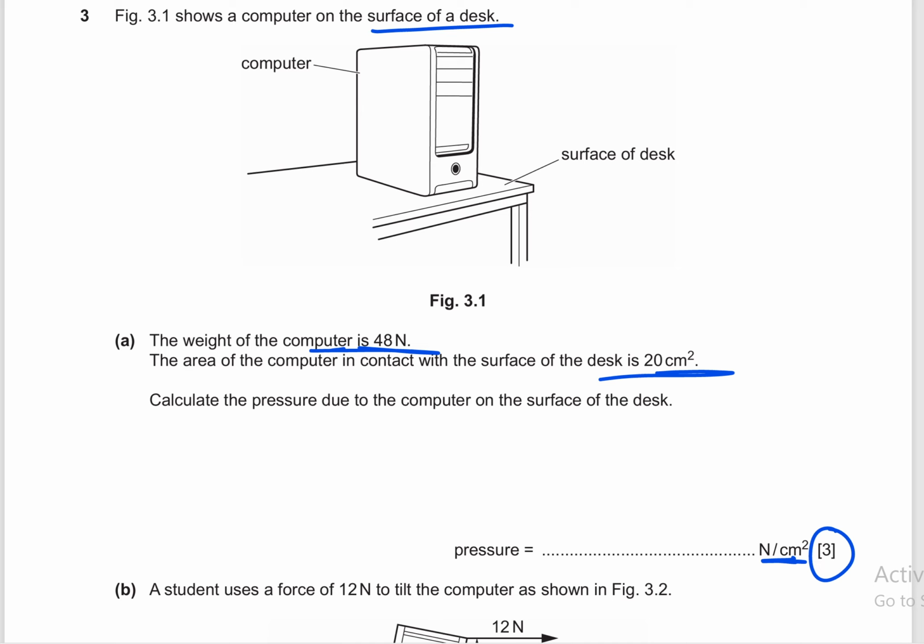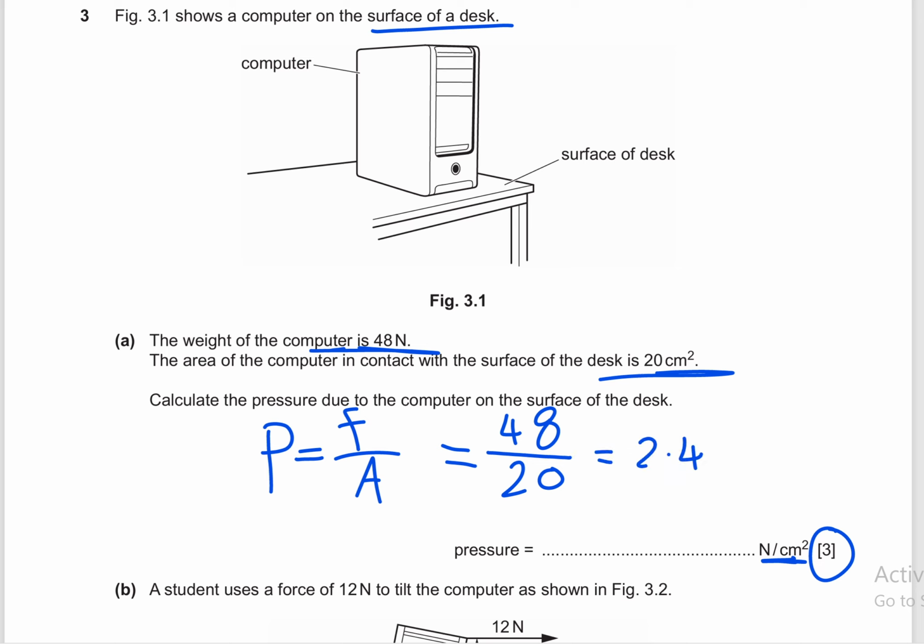Okay, so I write, we already know that pressure equals force over area. What is the force here? It's the force of weight. So we substitute, we'll get 48, this is the weight force, over the area, 20 centimeters squared. This will give me, yeah, I found it before. No, actually it's easy. It's going to be 2.4